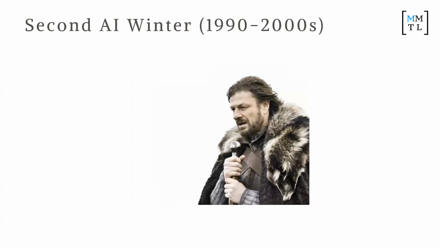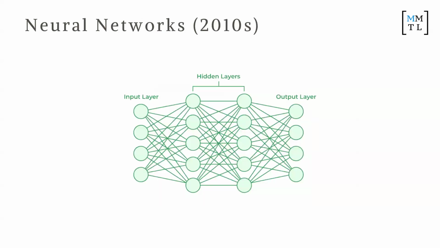And then, unfortunately, the second AI winter came. This actually lasted for quite some time, around 15 to 20 years, where again, funding just completely dried up. No one was interested in it, and nothing happened. And then around 2010, so about 10 years ago, this thing called neural networks started to come up, right? It is very, very loosely inspired by the brain. It's called a neural network, but that's not really how our brains work. I think our brains are a lot more complex. But basically what it has is these nodes, which you can see there.